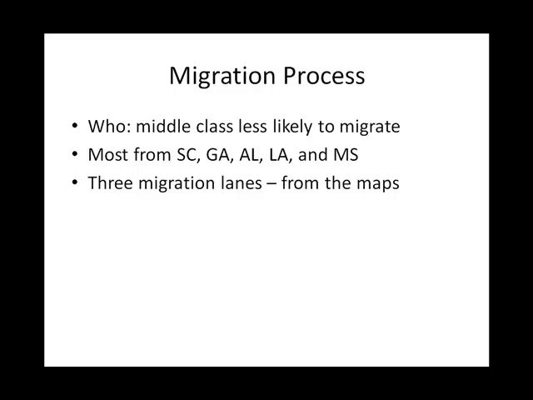But getting back to what we were saying about the 3 migration lanes, people tend to migrate in a straight line. And these lines that we're looking at for the Great Migrations are for the most part vertical. So they're migrating from the southeast to the northeast, from the middle south to the middle west, from the old southwest going to the far west, and even the western part of the Midwest. These migration patterns are illustrated on the maps, as I said before.